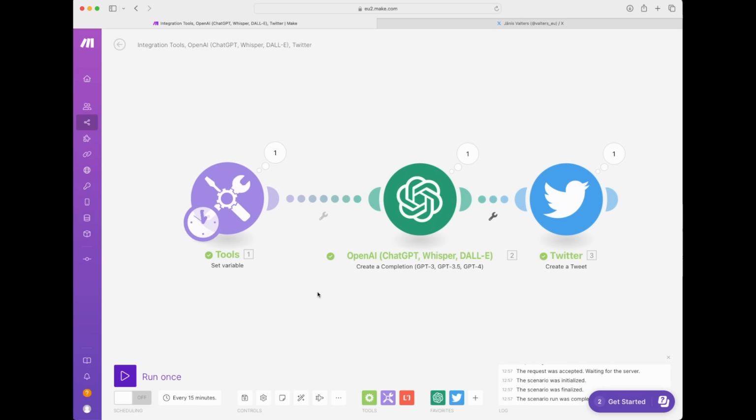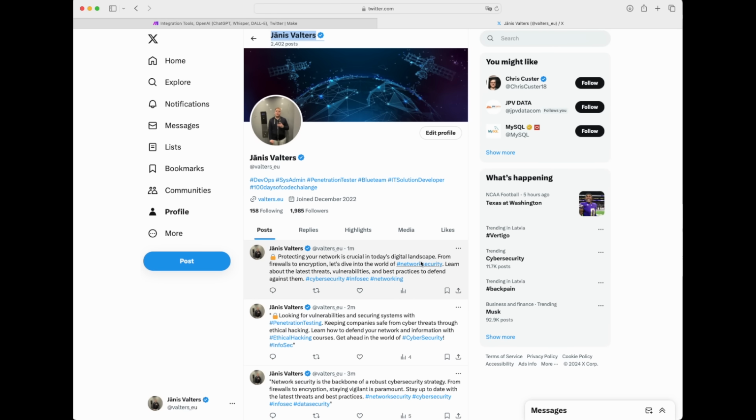But now we have a fully functioning Twitter bot that is running from the variables, the words that we have given, the topics. It now sends them to ChatGPT. ChatGPT generates our tweet, and after generating the tweet, it automatically pushes it to Twitter with the 4 keywords that we have specified. As you can see, 3 minutes ago I posted the first one, 2 minutes ago the second one, a minute ago